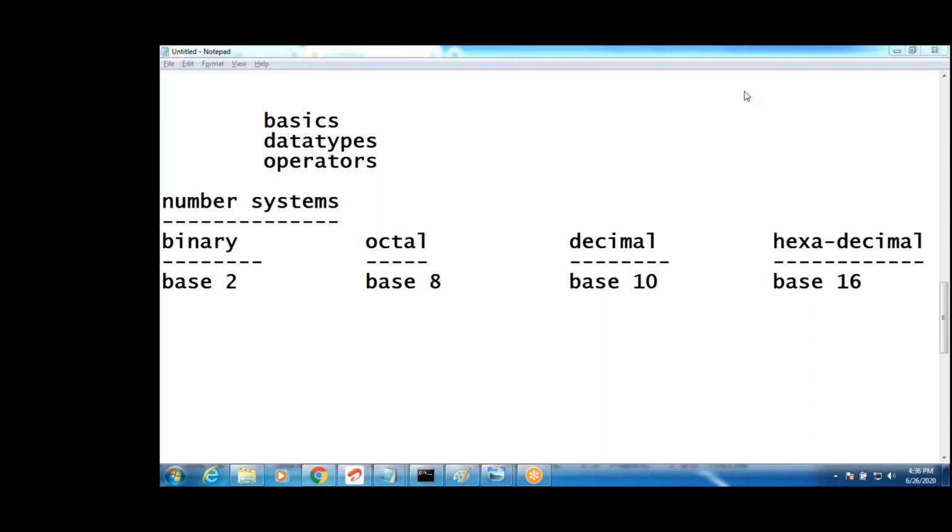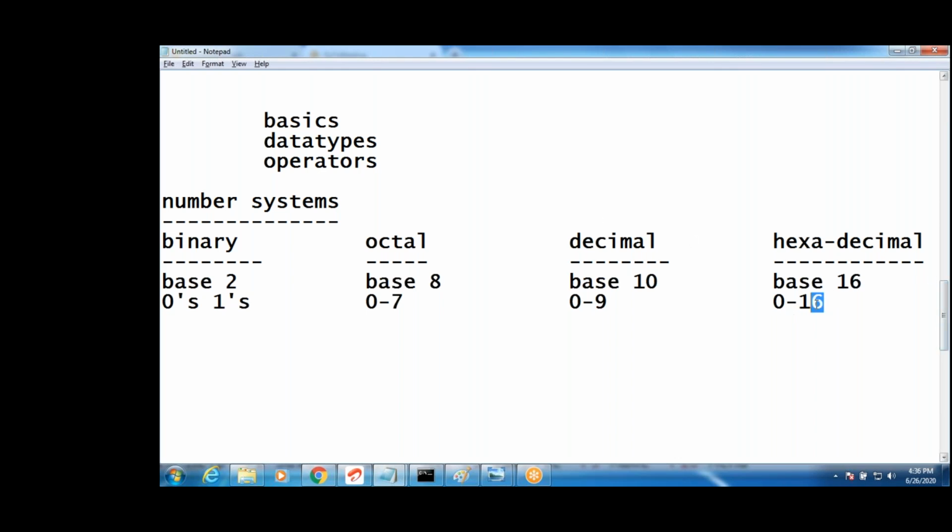Okay, now see, guys, base 2. What does binary contain? Zeros and ones. Octal number contains 0 to 7. What are the remainders if I divide with 8? 0 to 7. If I divide with 2, the remainders are either 0 or 1, right? Same with base 10, the remainders are 0 to 9. And when you divide with 16, the remainders are 0 to 15.